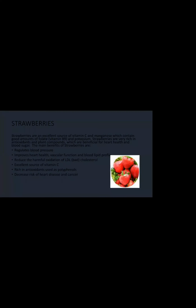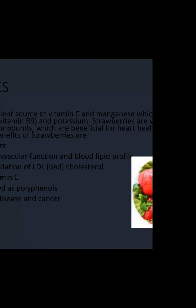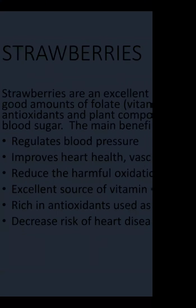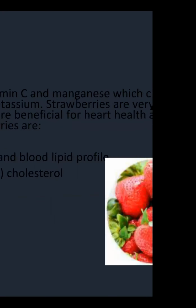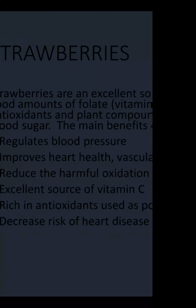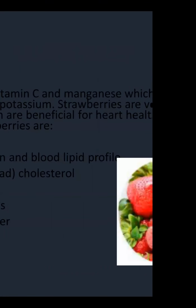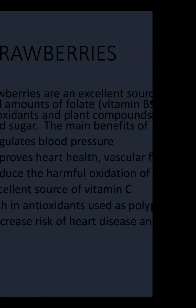Another ingredient, sorry, this color is a bit dark, but that's how it came. And these are strawberries. You can see them there. Strawberries are lovely fruits with so many benefits. And number one, they're very rich in vitamin C and magnesium. And they have large amounts of folate, vitamin B9, and potassium. And they are very rich as well in antioxidants,